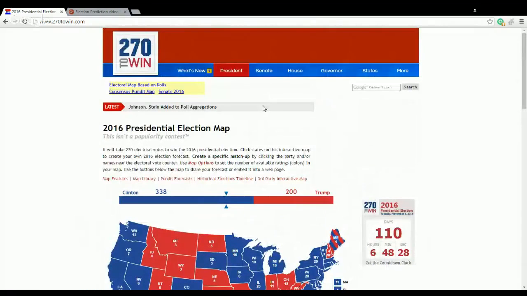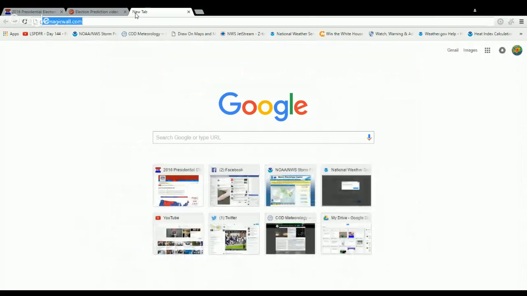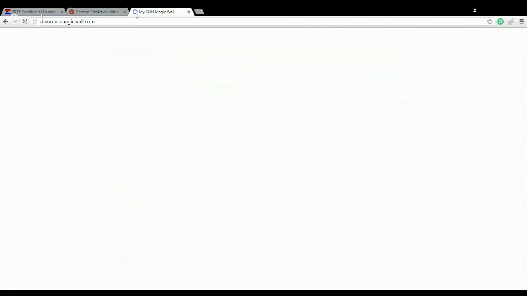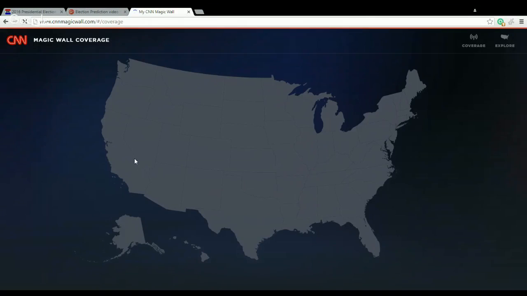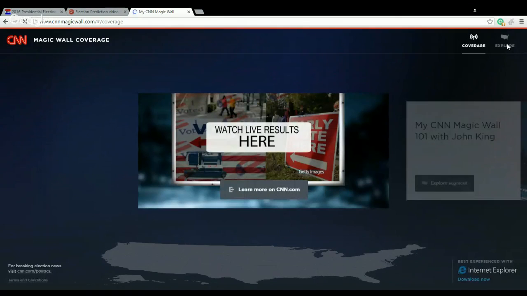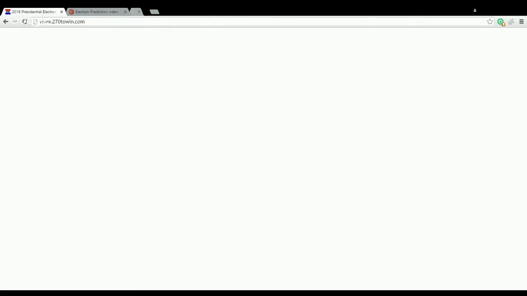I wanted to try to pull that magic wall again to show off the cool features it has. Magic wall. I don't think it'll work because it's going to be really stupid the rest of the day until I end this broadcast, but we'll try it just for the fun of it. Yeah, I know already. It's going to go bad, so I'm not going to try it.